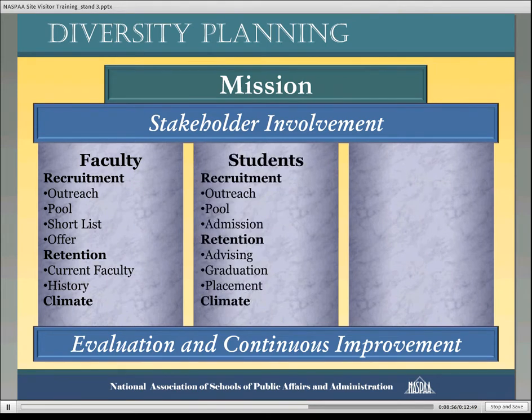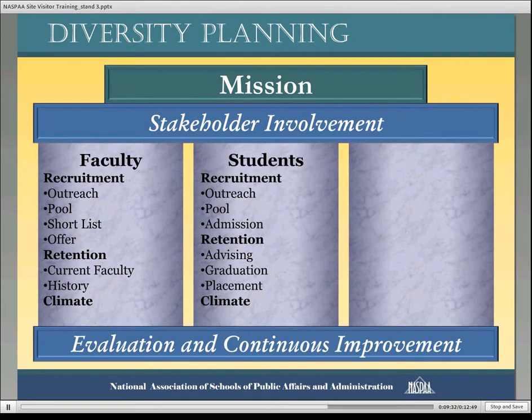With regard to students, very similar processes are in place, and the site visit team should be looking at records of outreach activities, the pool of students that they're selecting from, as well as the admission process and whether or not they're meeting the diversity goals of the program with regard to student recruitment. With regard to retention, support processes with regard to advising, graduation and placement are also important, obviously, with regard to meeting